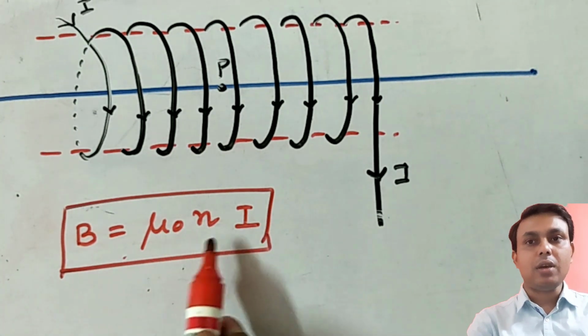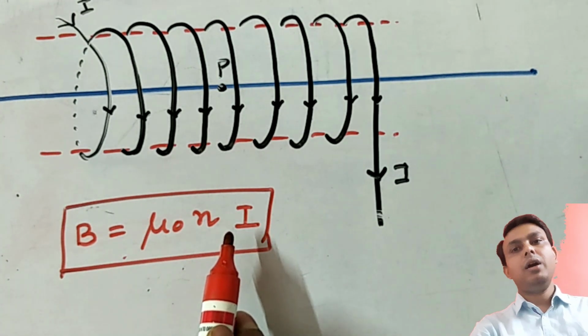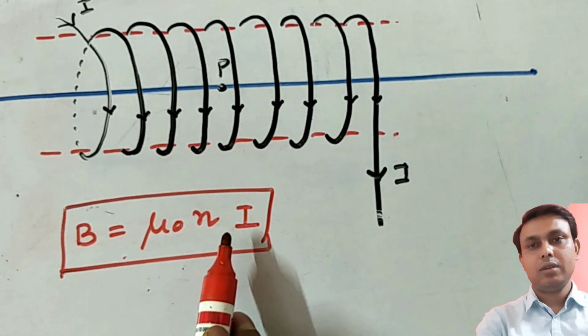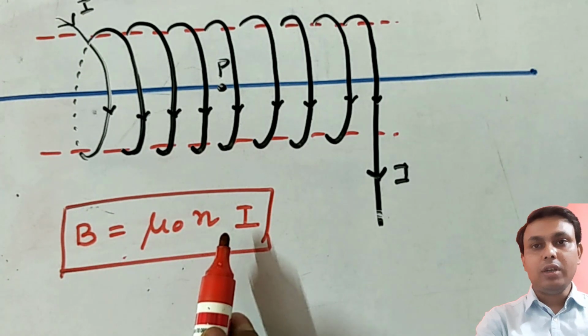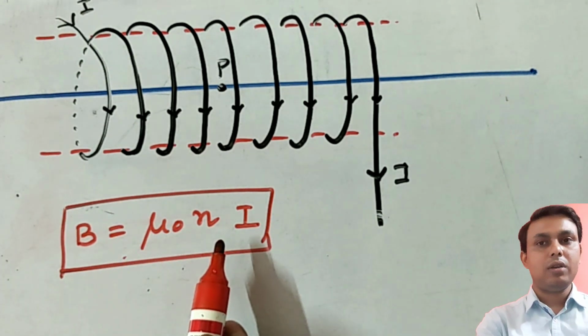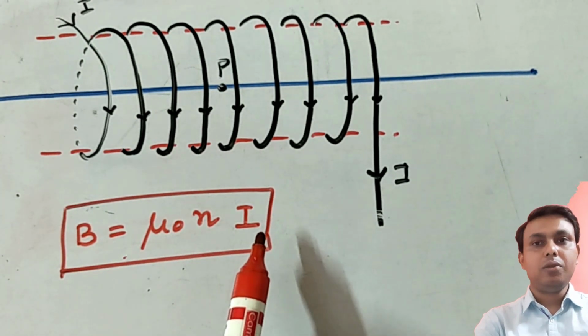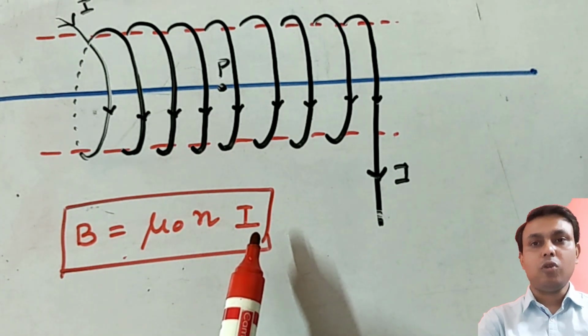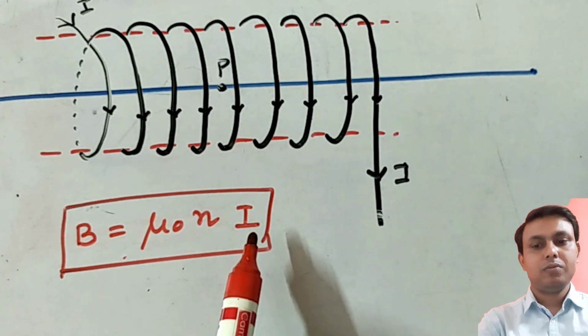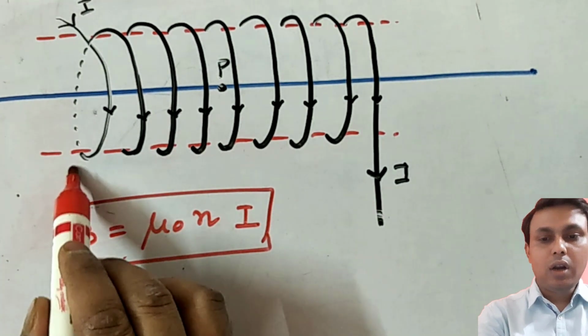Now this law is applicable only if we consider an infinitely long solenoid. That means if the solenoid is finite, then this formula will not be applicable. অথবা যদি খুবই দীর্ঘ কোনো সলিনয়েড হয়, তার ক্ষেত্রেই আমরা এই ফর্মুলাটি প্রয়োগ করতে পারব।